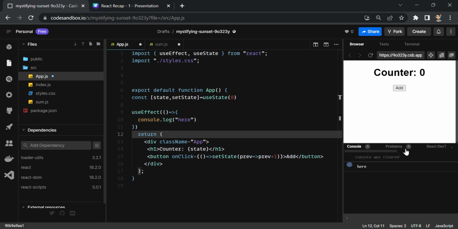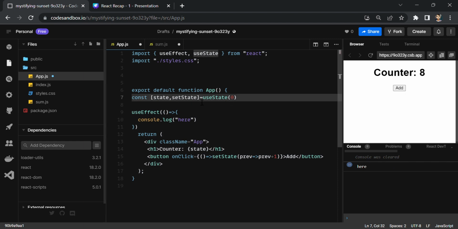So just to check how my code runs inside the useEffect if I do not provide any dependency here. Alright. So if I click on add again, you can also see that it is also printing every time I click on add. So you can see 7, 8, 9 and 10. So this is also getting printed. So what we can see here is that every time my state changes or this component re-renders,